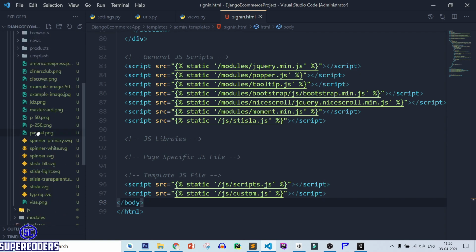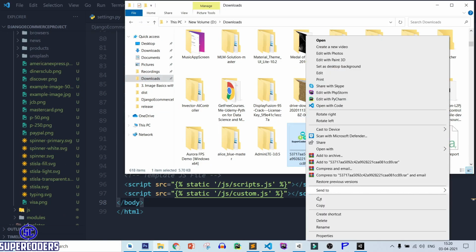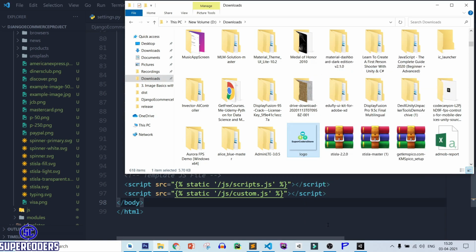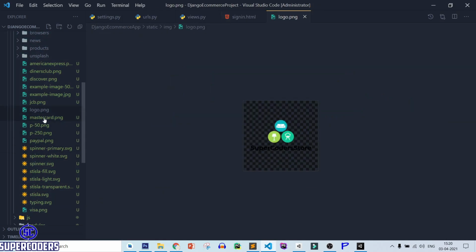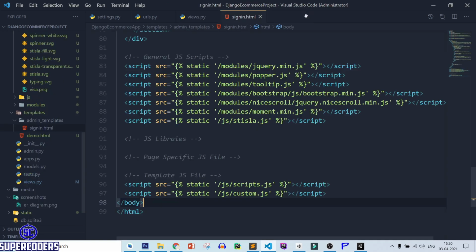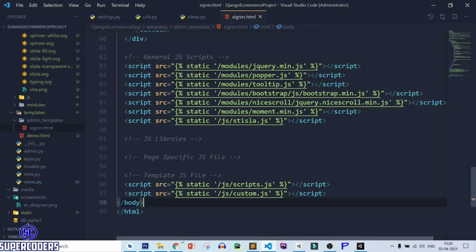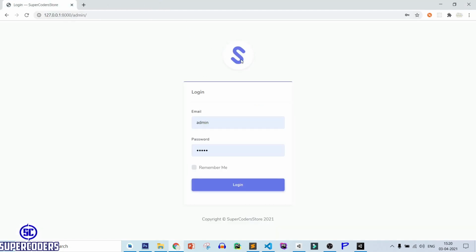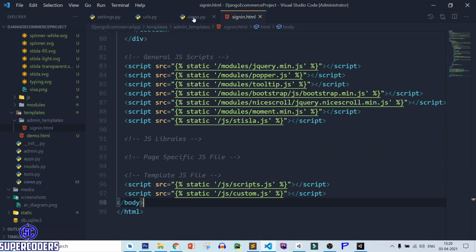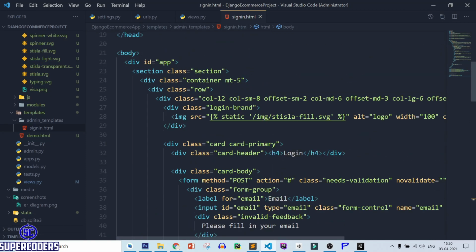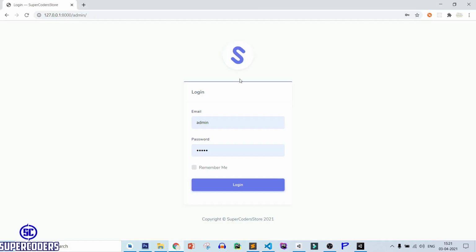Let's see our file. Let's do one more thing, rename the file. So rename it logo, drag the file. Now you can see our logo is showing. Let's close this page and our logo is ready. After that, again close this page and let's add our logo. So here in the sign in page, pass our logo, image logo.png. Save this file, back to Chrome, refresh page, and you can see our logo is showing now. After that, let's work on the next step.